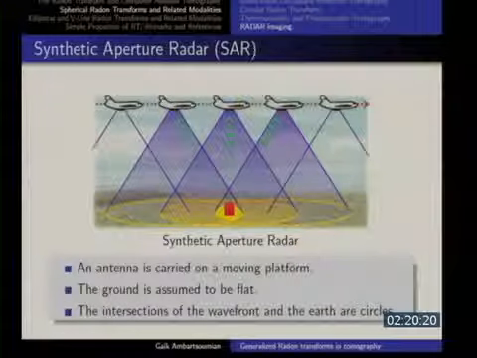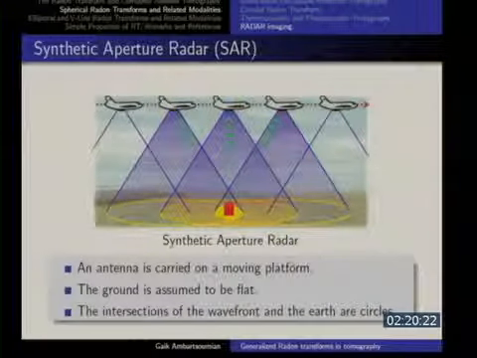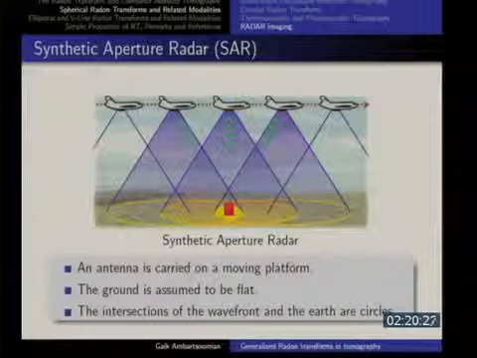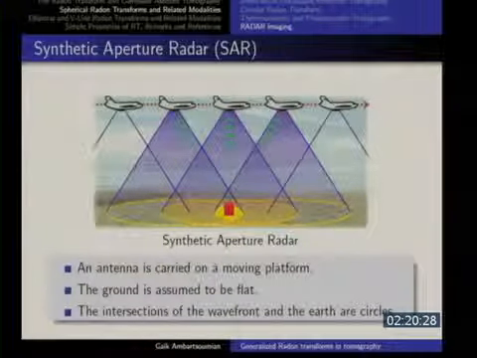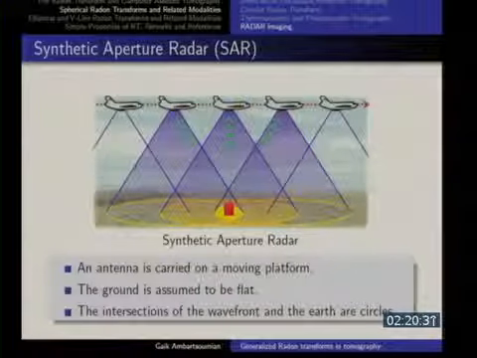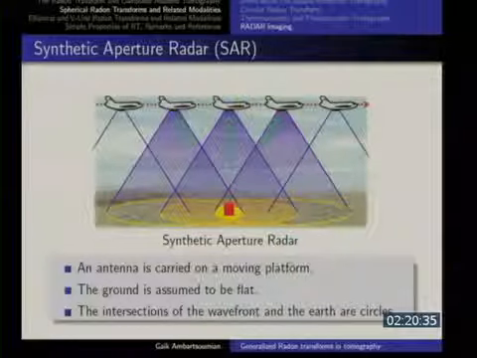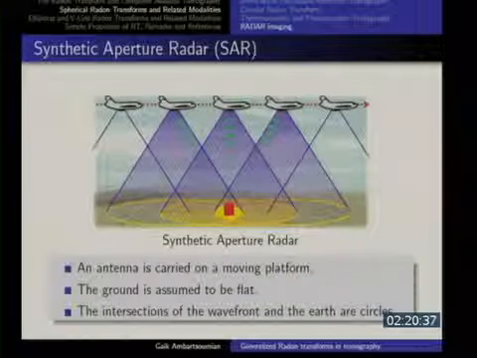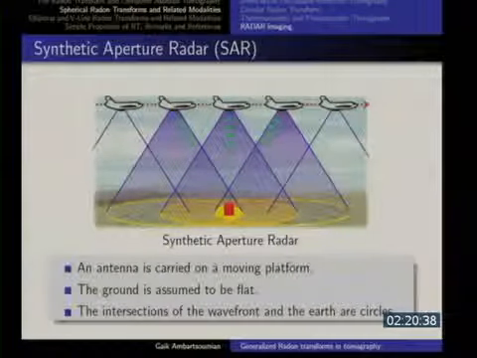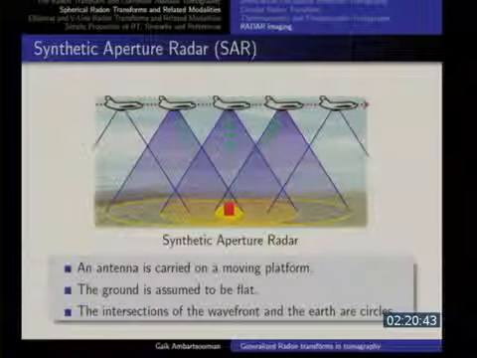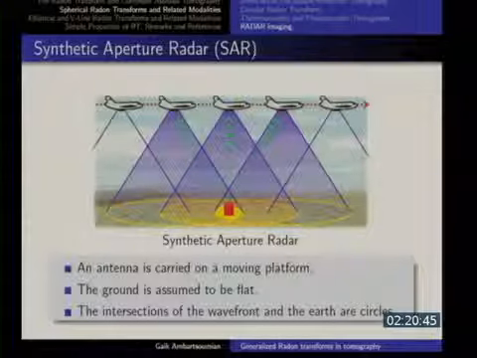So what they do is the radar on the airplane sends these signals, and they propagate as spheres. And then when they reach the ground, let's assume in the simplest case that the ground is a perfect plane, you're going to get the echoes. So it's a spherical wave. At some point, it just touches the ground, and the intersection of that sphere and the ground is just one point.